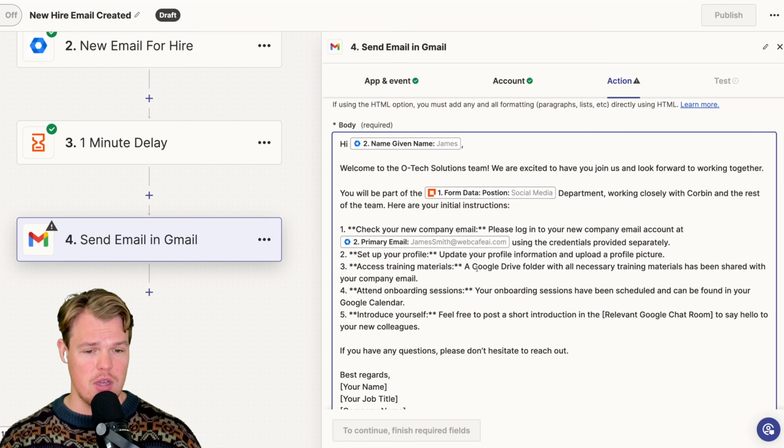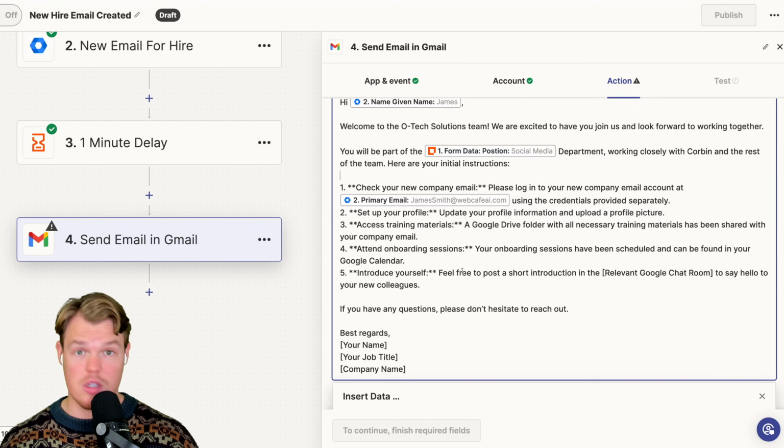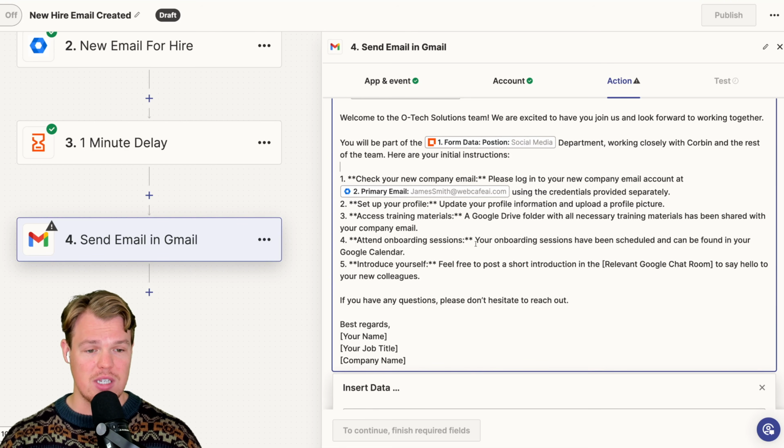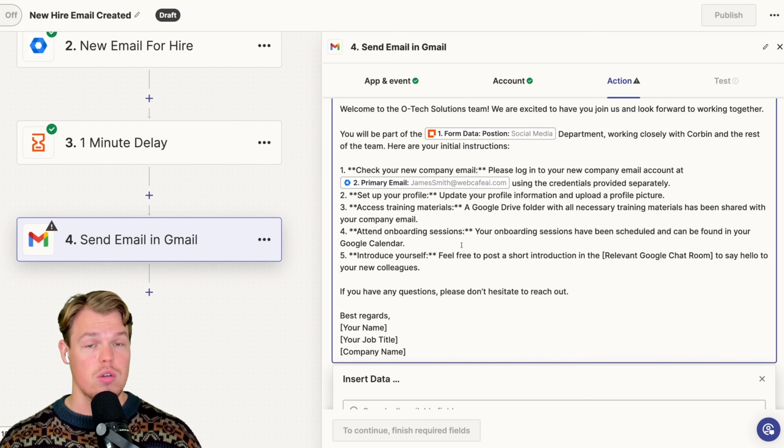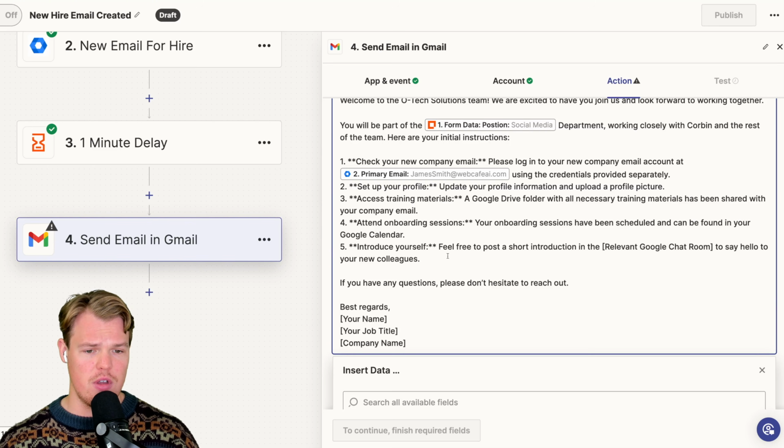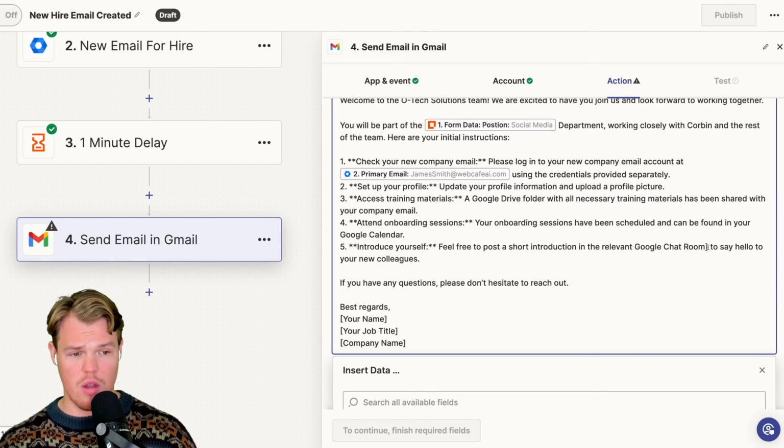Accessing training material: a Google Drive folder of all the necessary training material will be shared with you at the company email. We can do this, and we'll do this. Attending onboarding session: your onboarding session will have been scheduled and can be found in your Google Calendar. We'll do this. And introducing yourself: feel free to post a short introduction in the relevant Google chat room. We'll go ahead and keep that here, as they're going to get access to all of this within the same